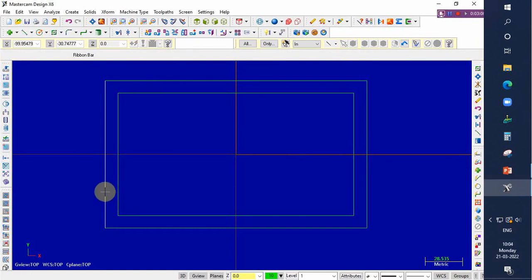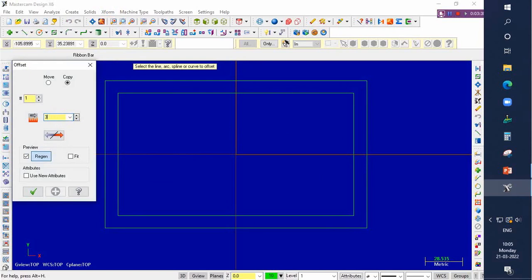Now we need to offset these lines. Say this is 40 mm and this side 40 mm. Top side it is 40 mm. Left side it is 30 mm and then 40 mm. Like that we will get some meeting points. For that, go to X-form option, go to offset, enter the value as 30, click on the line, put it right side, we will get a parallel line, and then give apply icon